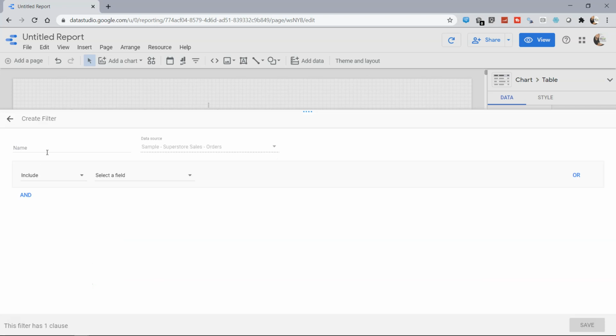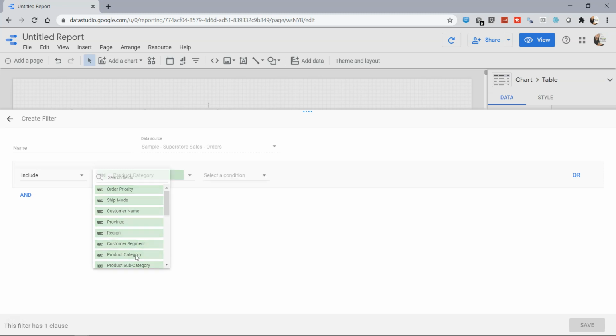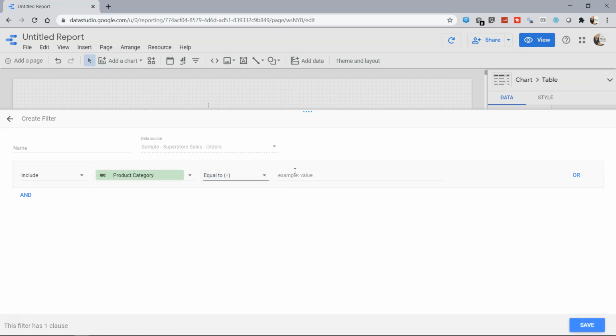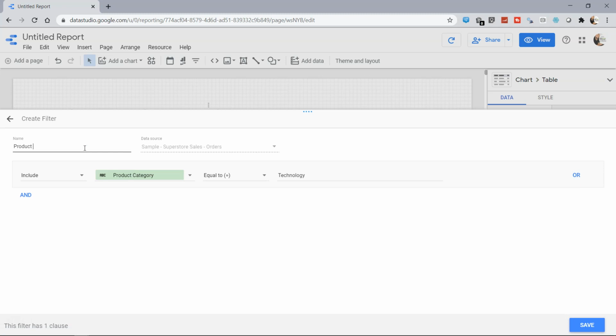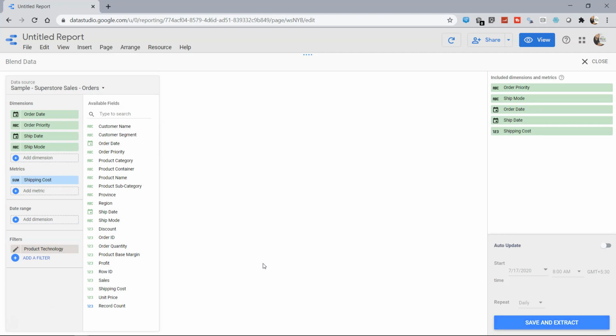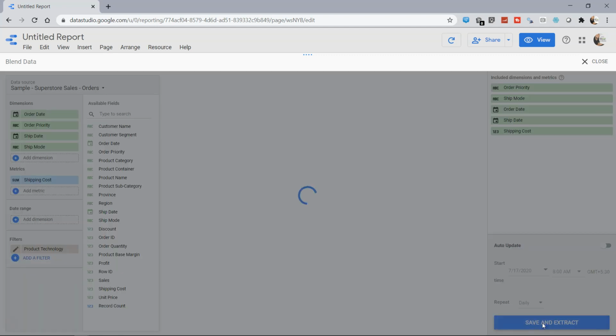If I click on add a filter, and I want to include, let's say, the product category, and I only want the technology. So I'll select technology, press the tab. I have the option of saving it, so I can say over here product technology as the filter name, and click on save. Save it again. Alright, so now it has been saved, and if I click on save and extract, it will